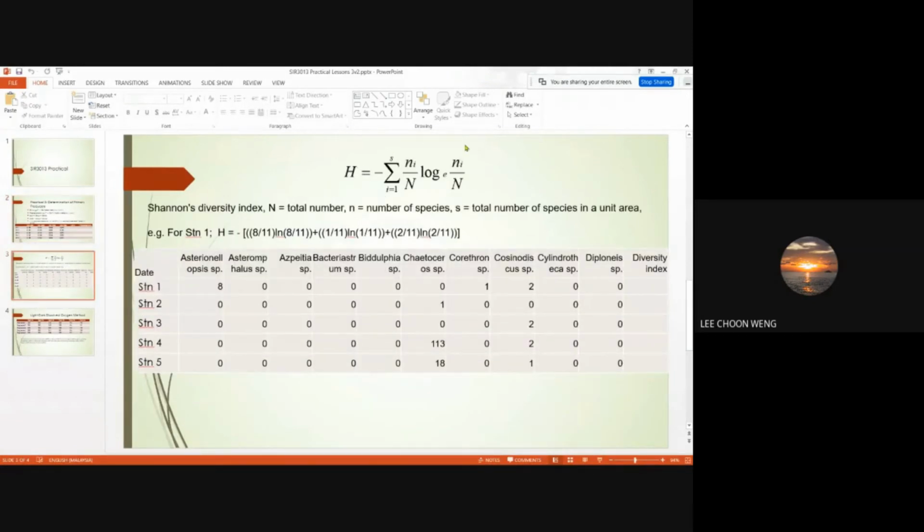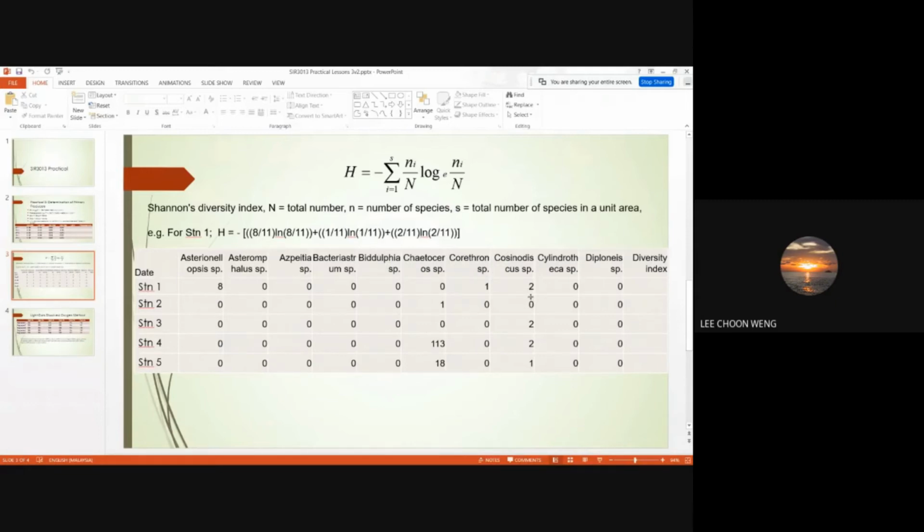Next, for diversity index, okay, if you want to do it, you can do it manually using Excel, but you have to type your formula in one by one. So this is a summation. So each genus has to be calculated. So the example for station 1 is shown here. So 8 over 11, ln 8 over 11 plus 1 over 11, ln 1 over 11, 2 over 11, ln